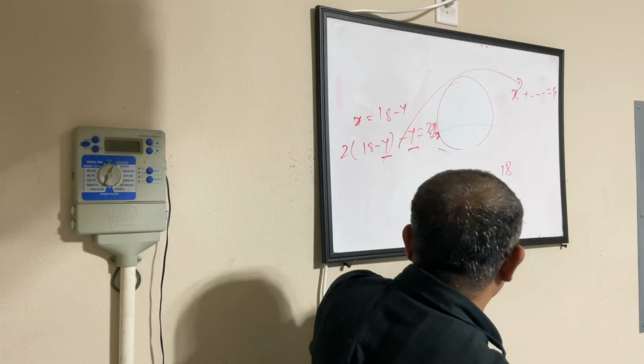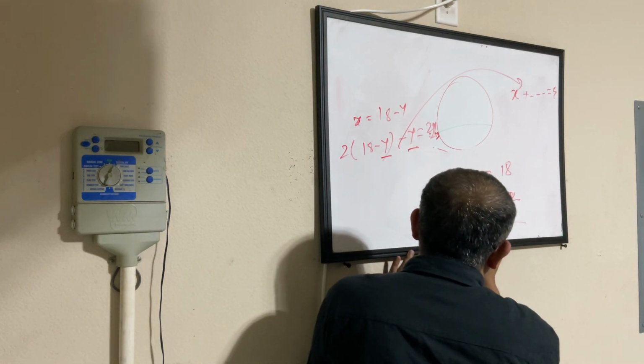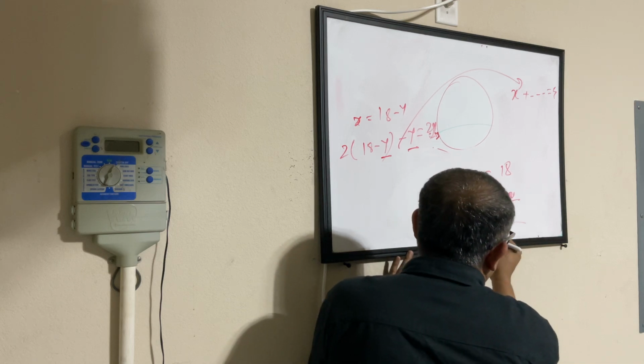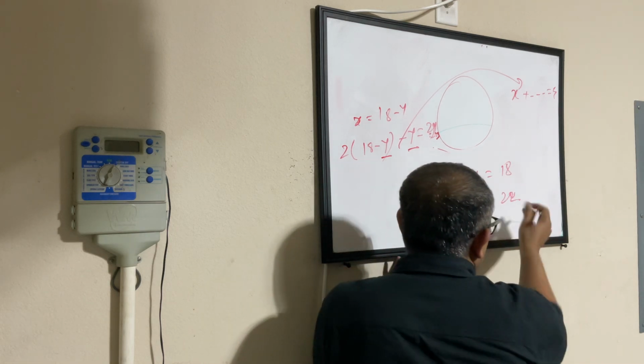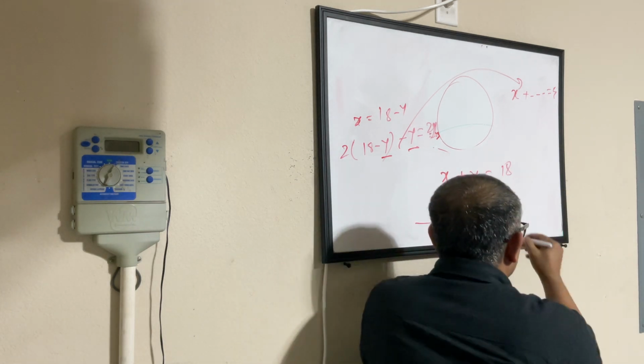If I add them, what will happen? x plus 2x becomes 3x, plus y minus y becomes 0y, or I'll just not write it to avoid confusion. And then 18 plus 22 becomes 40. It became a third equation, which is my